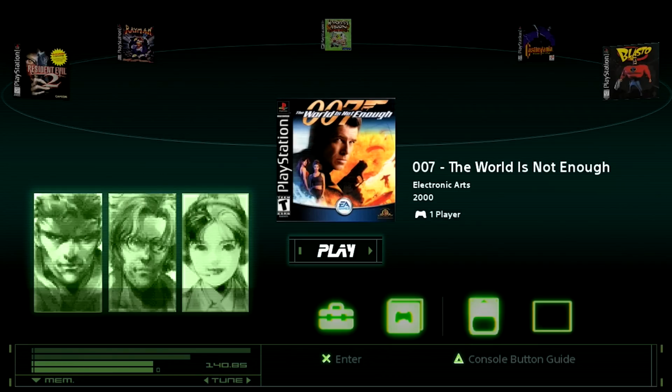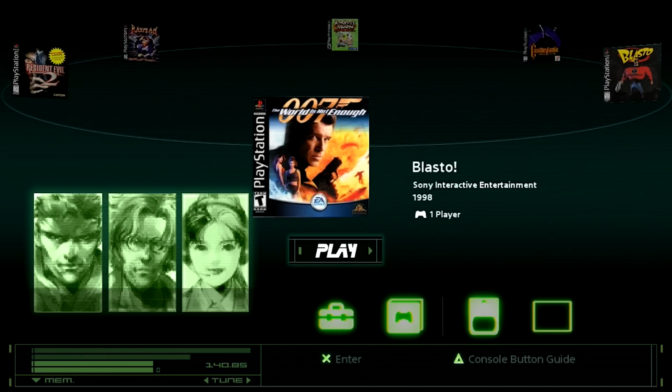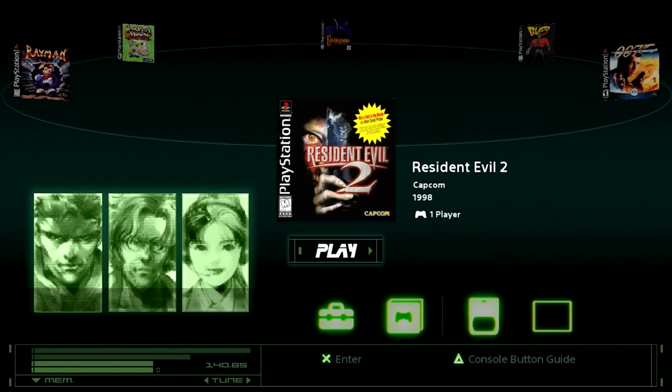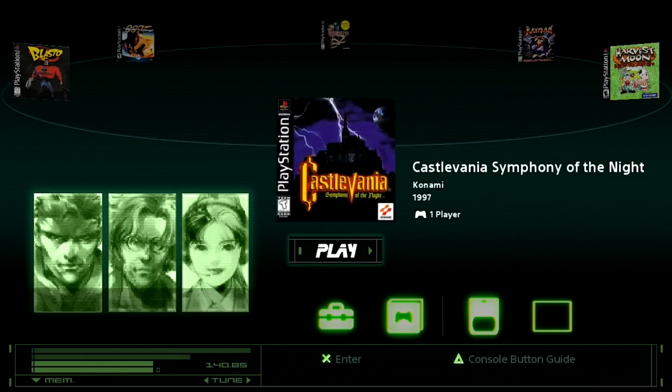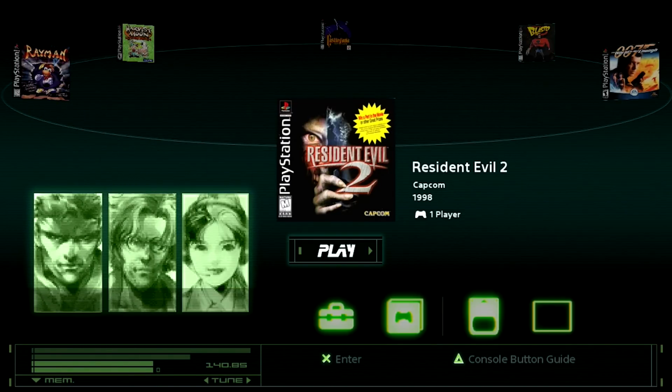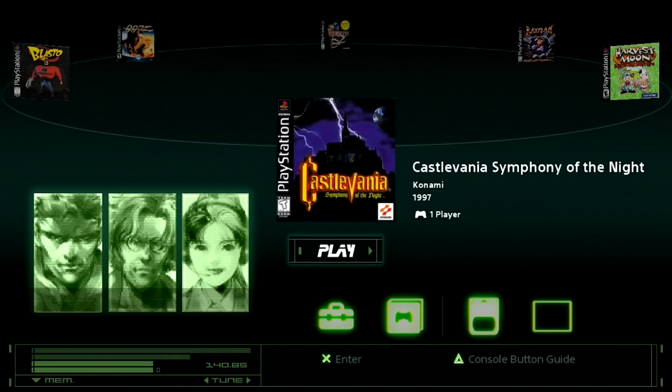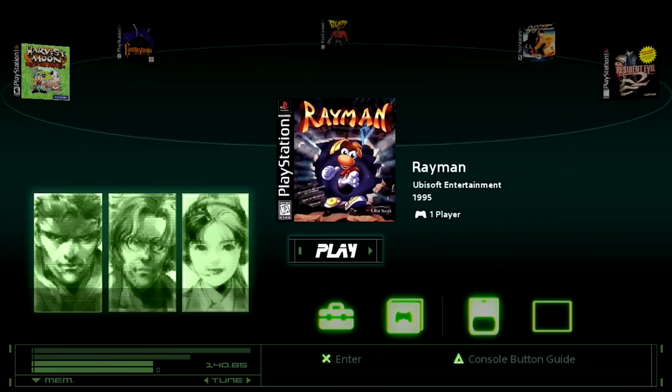And you can also see that the health and safety warnings are now gone. You didn't have to visually see that anymore. And you can also see that the built-in games are no longer showing. The only games that are currently showing are the 5 games that I've got loaded up on my PlayStation Classic. So what I'm going to do is jump into one of the games